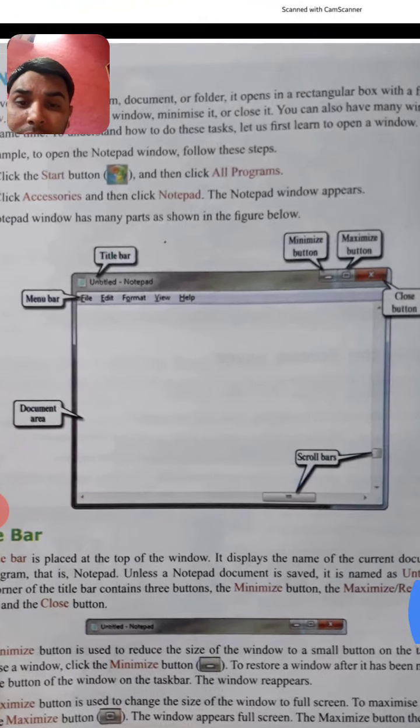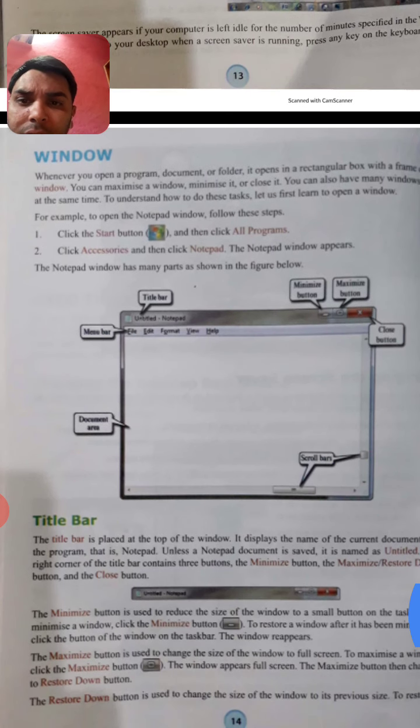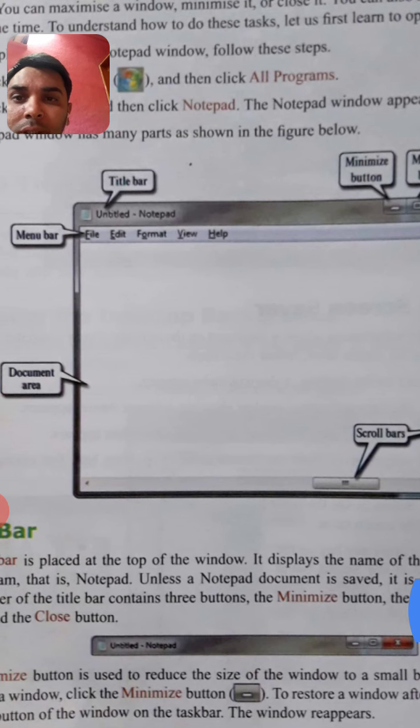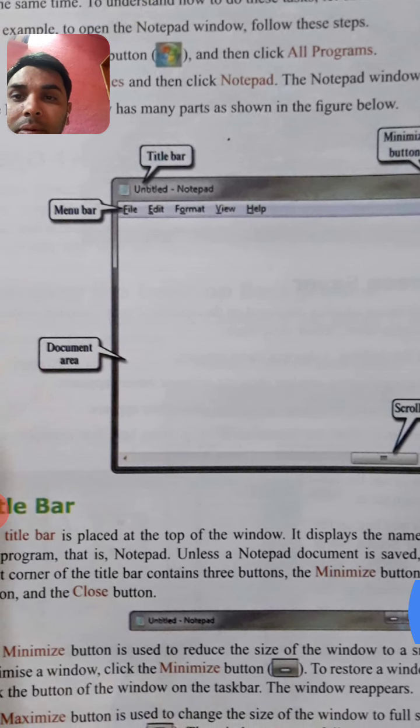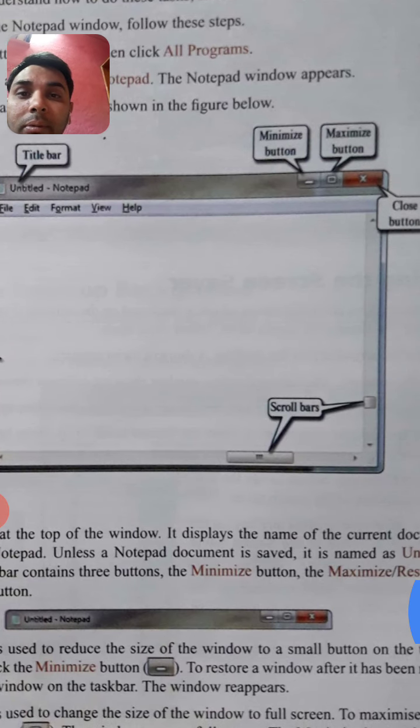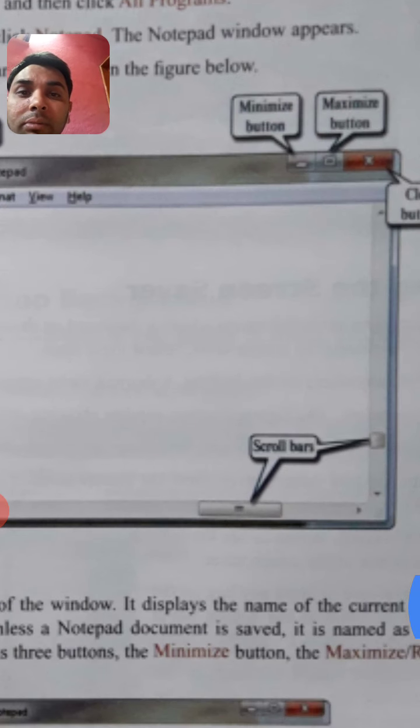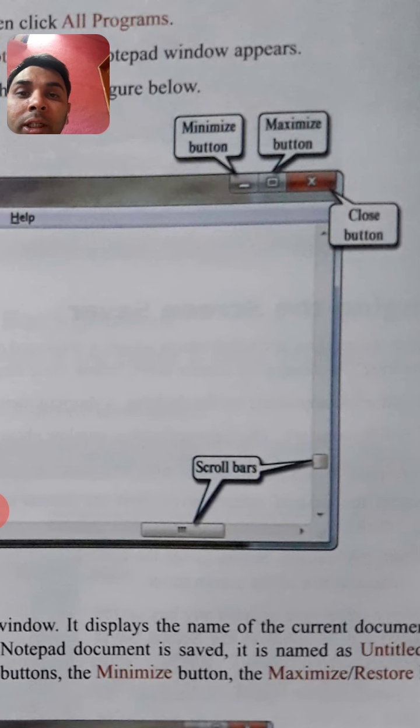See here, this is the notepad window. On the top is the title bar. Here the menu bar is there: file, edit, format, view, help. This is the menu bar. Here are the minimize button and the maximize button. Here the close button is there, the cross sign.